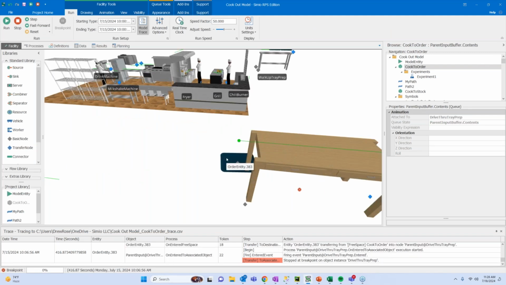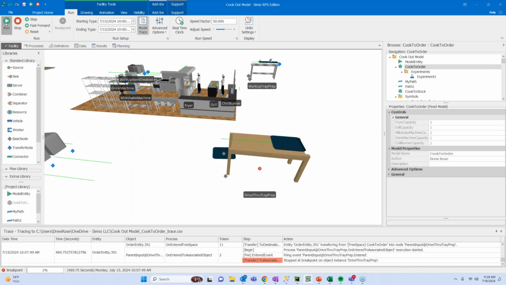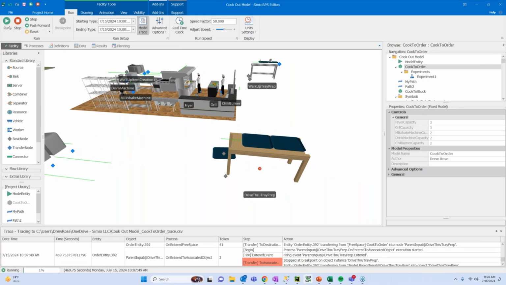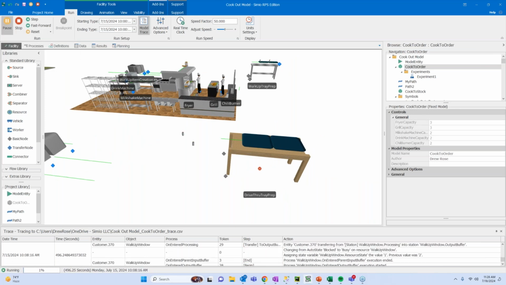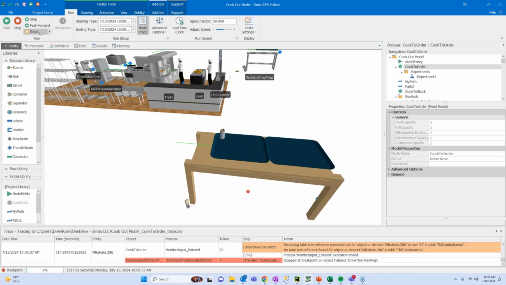Our tray will arrive. Our tray is waiting for those entities to come through. As we run this, now we have another order waiting in the queue. We see our items are being cooked for a period of time, and we're going to have our items start to come in. As we start to fulfill orders and do our processing, we're going to start to batch based on the given types of assemblies that we're after. For this given order, we got our milkshake fulfilled.